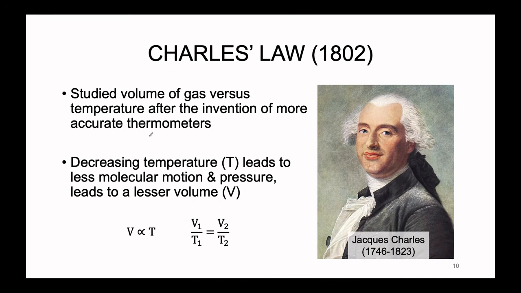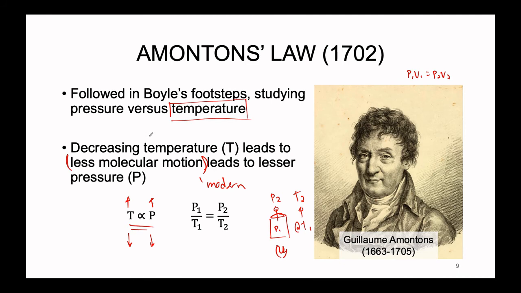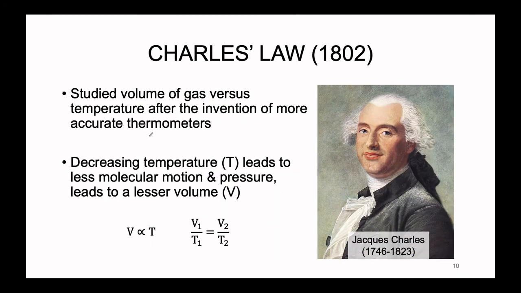Next, our last but not least of the early gas laws that we're going to discuss is known as Charles' Law, which was discovered or published in 1802. Now notice that there is a pretty large gap in time between Amontons' law, just to go backwards, which was published in 1702, and Charles' Law, which is published in 1802. There's a 100-year gap, right? So Boyle and Amontons were working in a pretty early era of science,